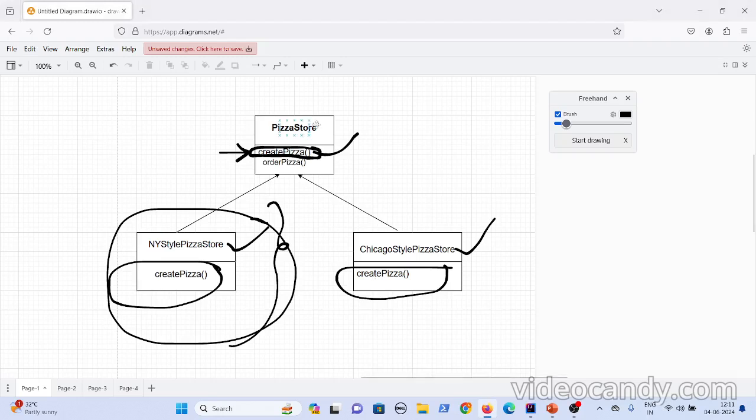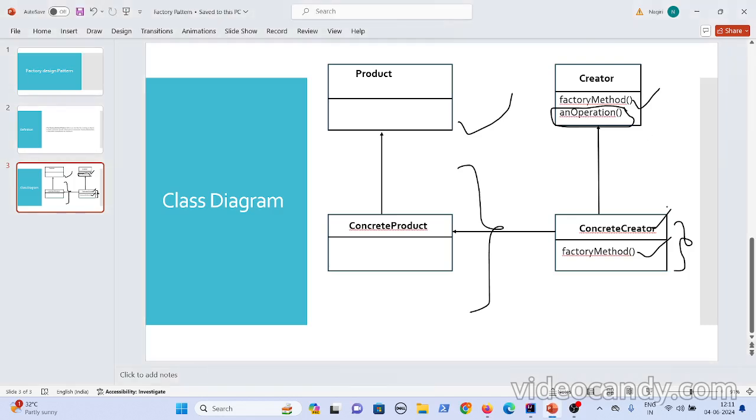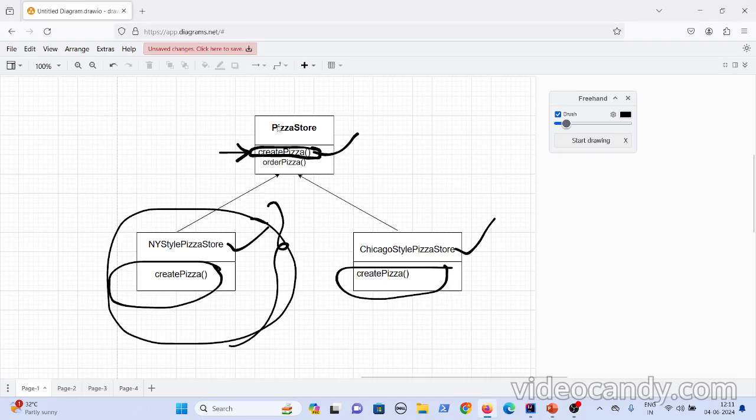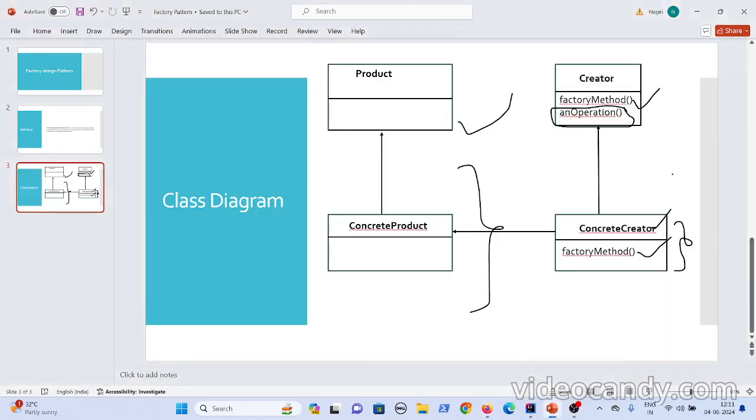So you can understand it here itself, you have a pizza store that will create the pizzas, or that will give you pizzas. So here, first you declare this createPizza method, because this is the factory method which gives you the pizzas. Here the createPizza method gives you the pizzas, and you leave that implementation to the New York style pizza stores. Okay, the same thing is explained here itself.